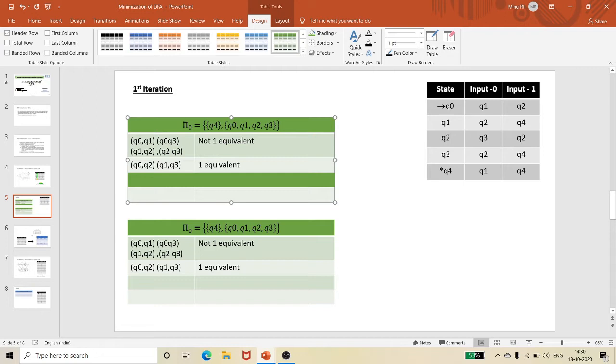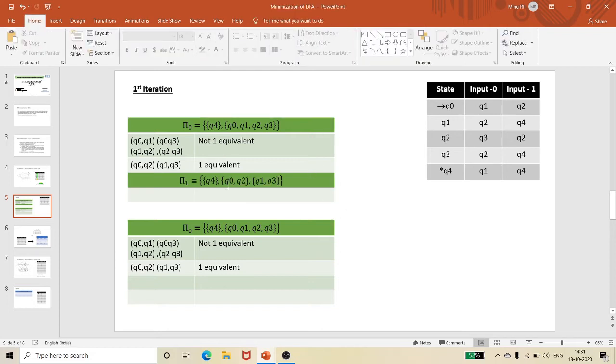So now my phi of 1, this is phi of 0, the previous one. Now my phi of 1 is: Q4 is already a single set, Q0 and Q2 become a set, and likewise my Q1 and Q3 become a set.